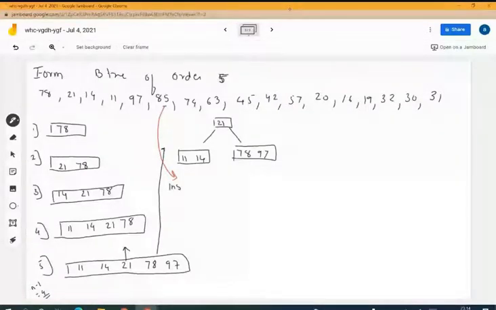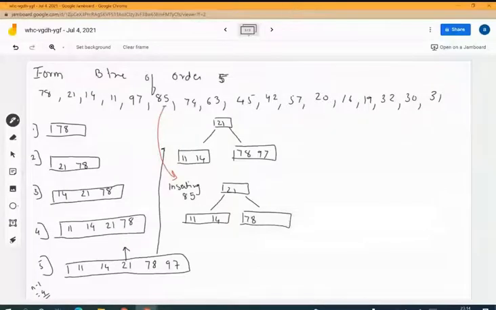For inserting 85, I have done 21, then 11, 14. Towards the right side, it will be 78, but 85 is less than 97. So I'm going to maintain the sequence. It will be 78, 85 and 97, right?